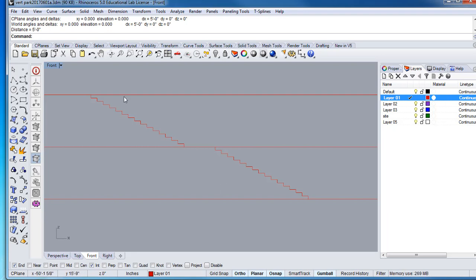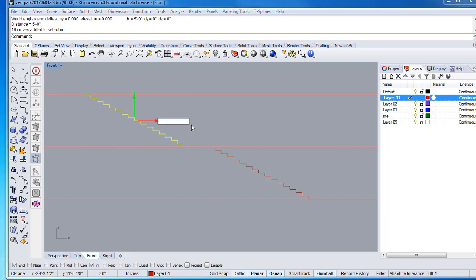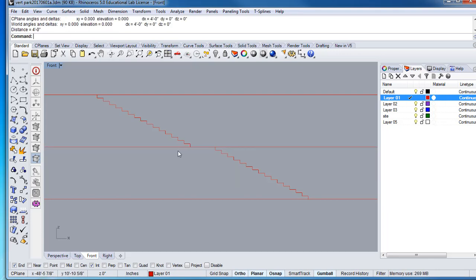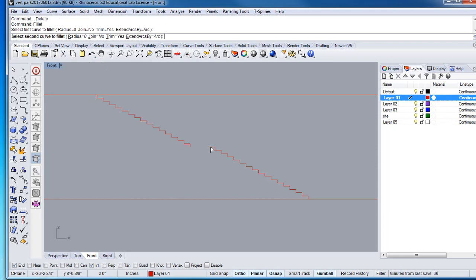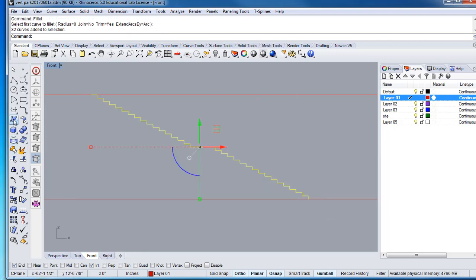By code, if you come down a stair, the straight landing must be at least 4 feet. So I went 5 feet. I guess that's fine, but I'm just going to go 12 feet more. So from here to here should be 4 feet. Distance from there to that nose should be 4 feet of landing. With that, if I fillet these two objects, radius is 0, select that and that, I have my set of stairs. Select all of that and I will join these together,